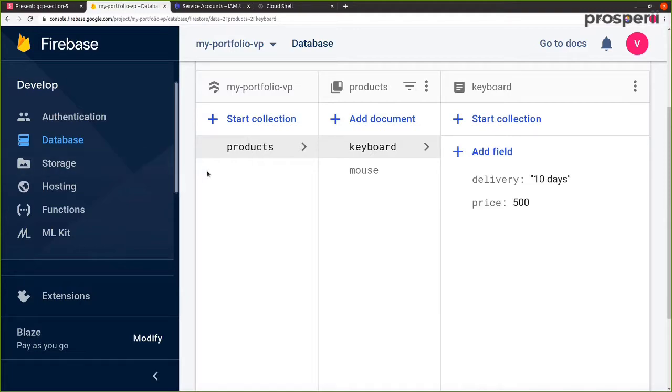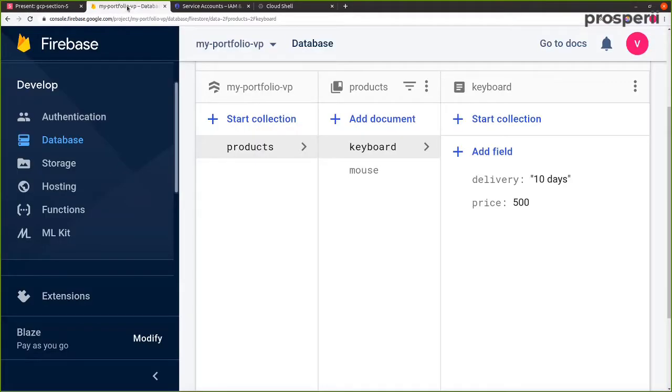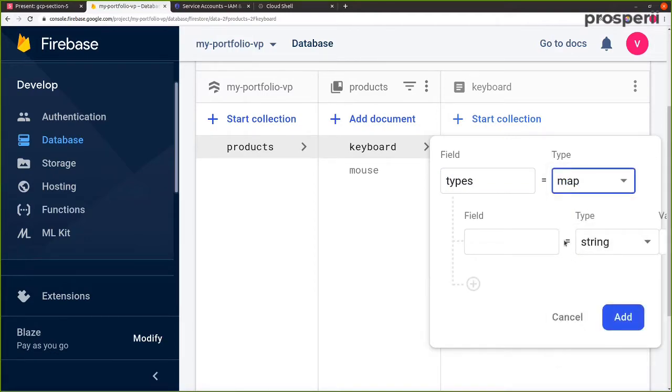Okay. So now with this, let's also add in some more components to the keyboard. Over here we have a type variable inside keyboard. Let's add a new field, and for the name of this particular field, we have types. And then this field is of type map.